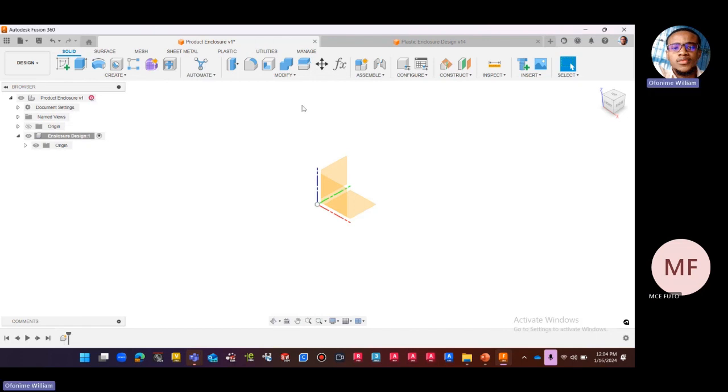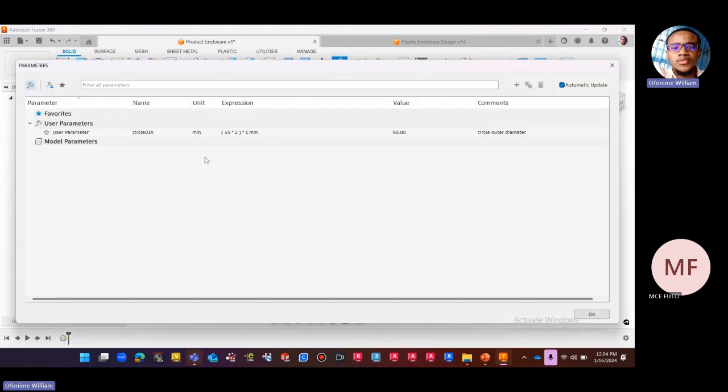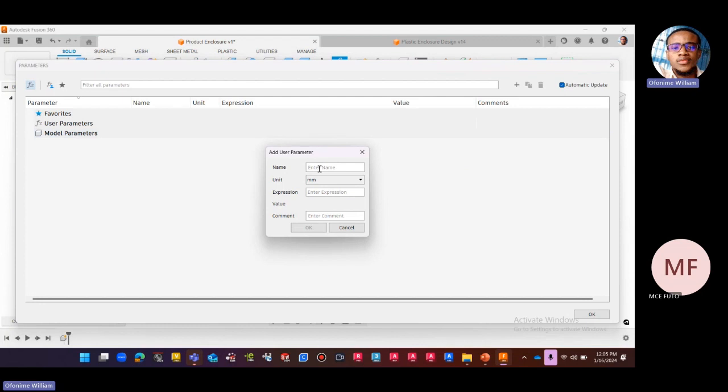So we've all seen how I worked on the explanation of the parameters, the user, and so on. So I'll simply start creating one. You just go to your Fusion. I will remove this other one; we use this for description. So start, then we'll create all of them that we'll be using for the design, and then we'll see how we'll call them in. The first parameter I want to create is going to be a parameter that will